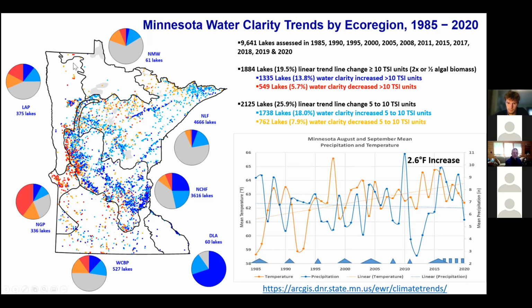We look at the distribution through the state. The agricultural ecoregions, with these pie charts, have more lakes with decreasing water clarity than improving. And then, the big thing that I kind of spot is there's a lot of improving areas in the metro area, and then you have a lot of decreasing